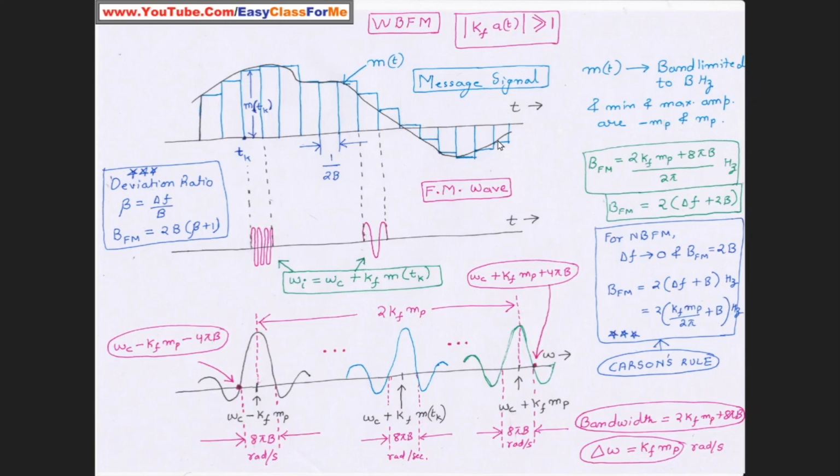Staircase approximation, we have taken this for some reason. So let us have a look at this first. If this happens to be the plot of our frequency modulated signal, then for a frequency modulated signal we already know that the frequency will be high wherever the amplitude or wherever the value of this signal is high, and the frequency will be low wherever we have got these